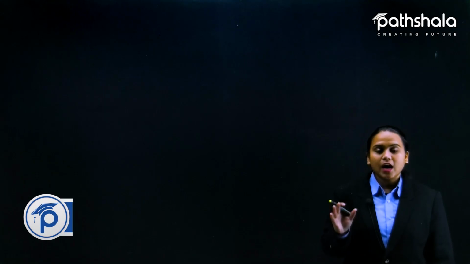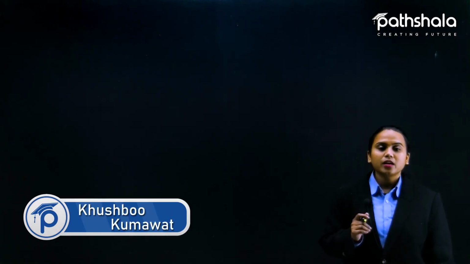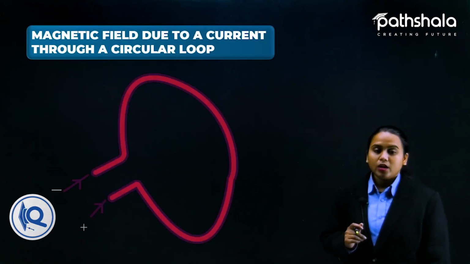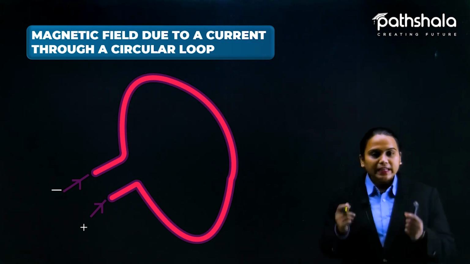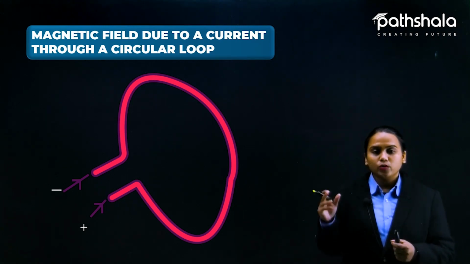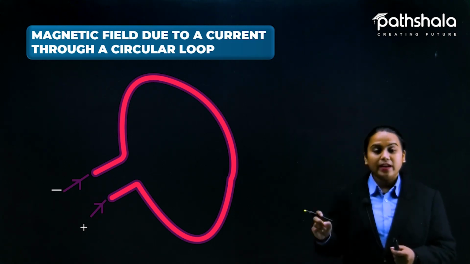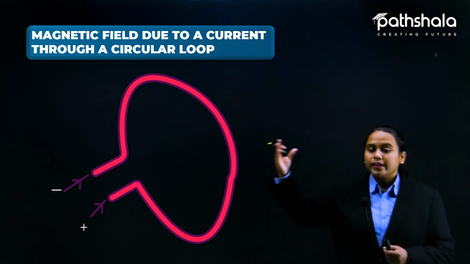Students, we have seen how the magnetic field lines are produced in a straight current carrying conductor. Now let us see the magnetic field lines due to a circular loop. In a circular loop, as you can see, we are bending the straight current carrying conductor into a circle form, connecting it with the battery and applying current through it, so it will contain a certain direction like this.